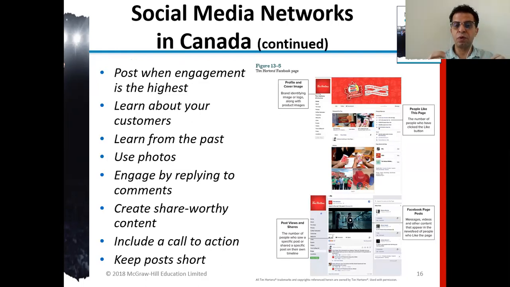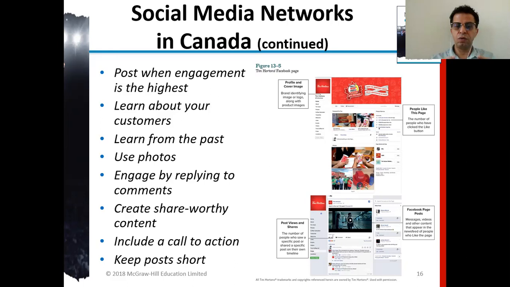Now, post when engagement is the highest. That's one of the pieces of advice. You post when the engagement is high, although when you start, that's what you call organic growth, hoping that your audience increases. Learn about customers.